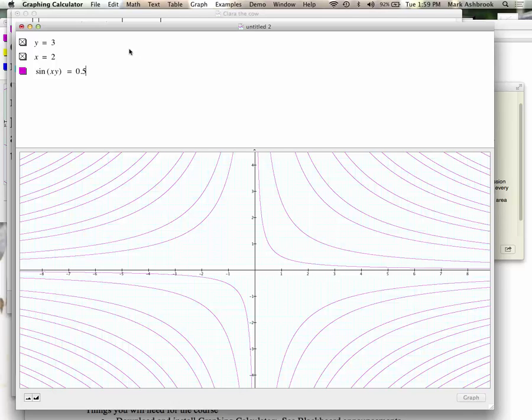It's a collection of all points where it satisfies the function right here. So every point where sine of x times y is equal to 0.5. So if I'm on that, I'm going to pick that point right there. And you're telling me what now? That if we took the x value at that point and the y value at that point and plugged it into that equation, we would get 0.5. We would make it true.